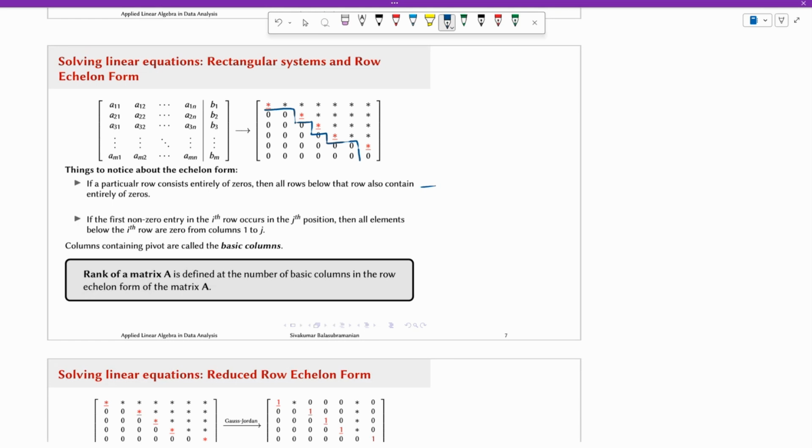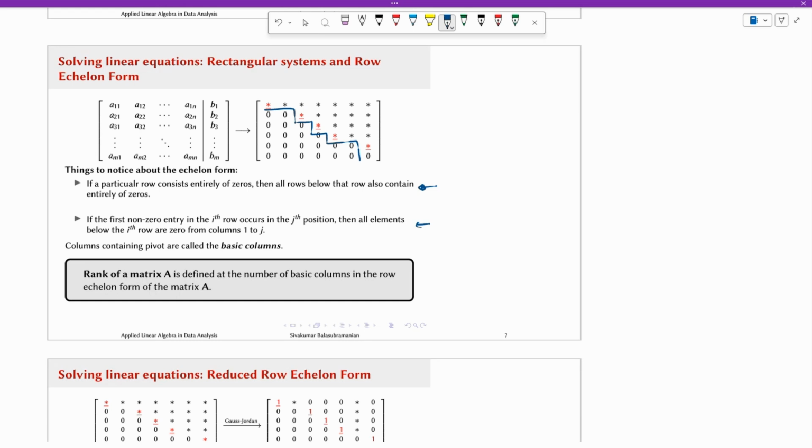So whenever you have a 0 row in the row echelon form, then all the rows below that 0 row will be 0 in the row echelon form. Okay? That's because whenever you see a 0 row, you essentially switch with something that's non-zero. So all the 0 rows get pushed to the bottom. And